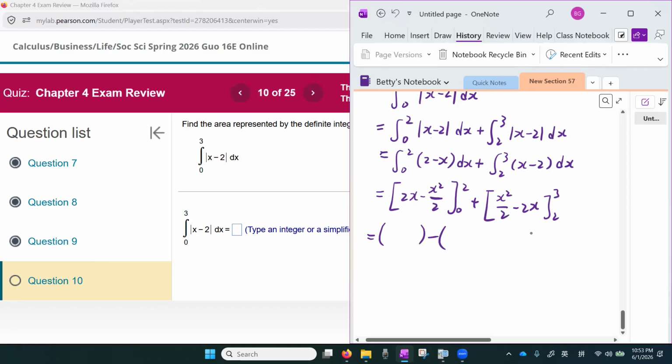So we're going to have this. Plugging 2 here, we have 4 minus 2 squared is 4, 4 over 2 is 2. Okay, plugging 2 here, we have 4 minus 2. Plugging 0, we have 0. Plugging 3 here, we have